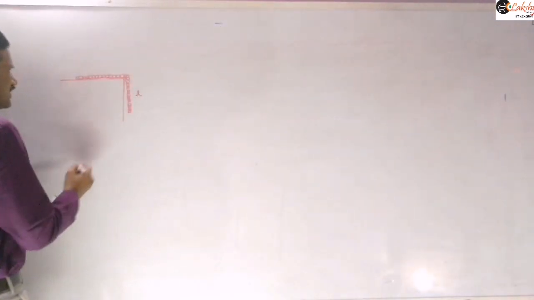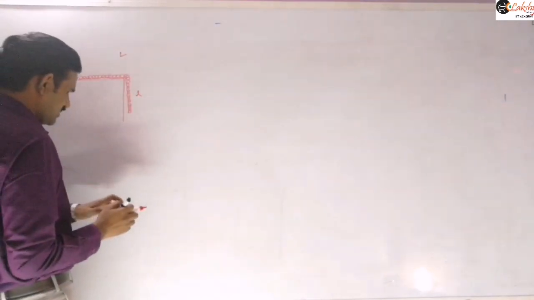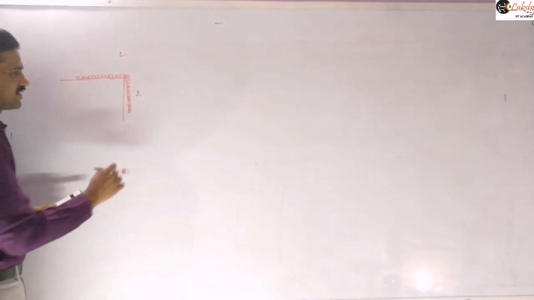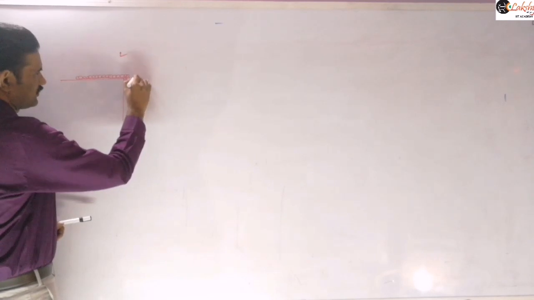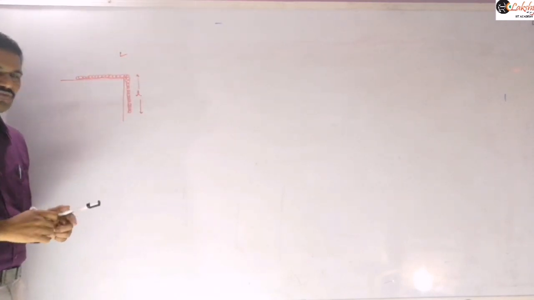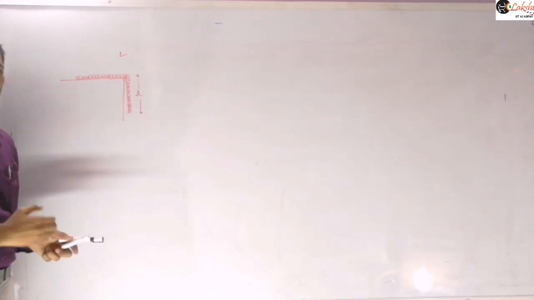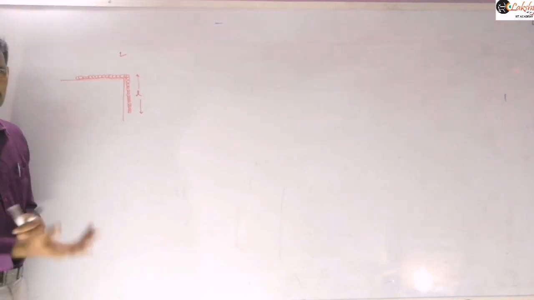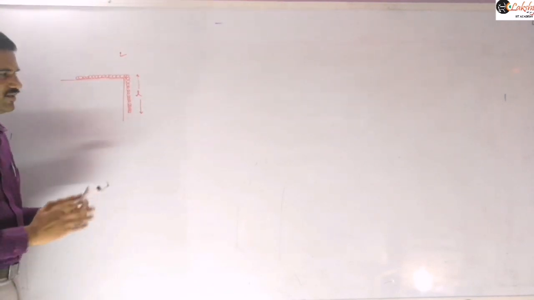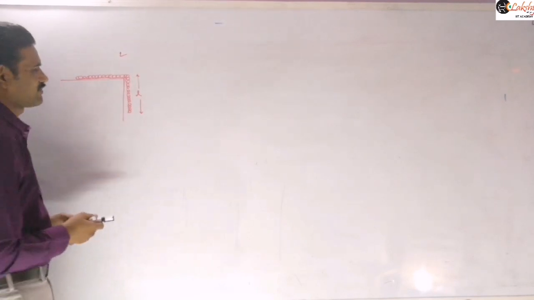So the total length is capital L we are assuming here, and this length l is given there. Sometimes they will, by giving the mu value, the coefficient of friction value, ask for the maximum length. The reverse problem they will ask, you can answer that easily. The concept is important here.